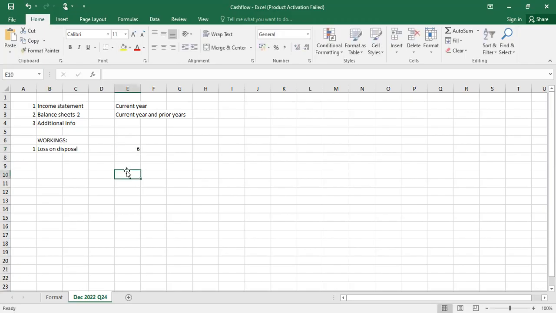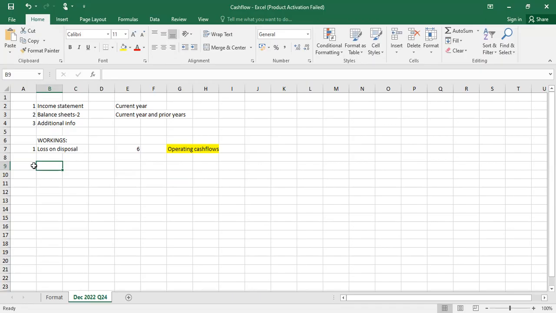So we have to note that for a simple reason that the loss or gain on disposal of assets is normally adjusted for under the operating cash flows. So later, under the operating cash flows, we shall adjust for it. For those who have forgotten how we adjust for it, you can refer to the format which I sent earlier. Now, the second thing to note, number 2,